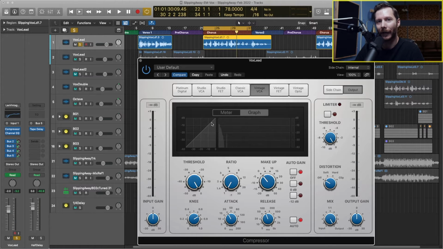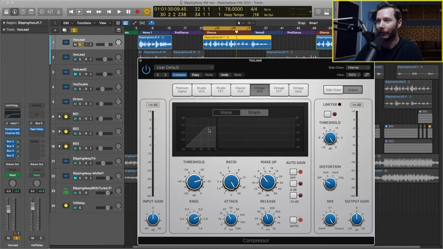So you can see on the graph that the louder words were kind of in this region, and we were getting some down here as well. So the compressor is going to help level those out so that they're all a little bit more uniform. So the first thing I'm going to do is turn up the ratio. And just for demonstration purposes, I'm going to bring this all the way up to 30. And you'll notice as I bring the threshold down,